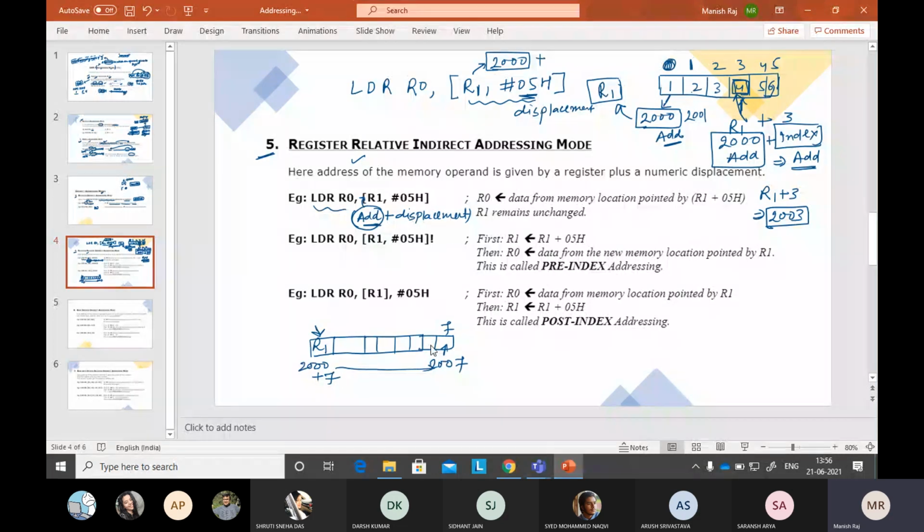You will not store all the values in the registers again and again. You just take one as a base register, and after that, relatively, you can add a displacement or increment some value and you will reach a particular piece of data. This is the register relative indirect addressing mode. So is it clear what this type of instruction means? You can add some value or displacement to a particular address and you will reach that position.